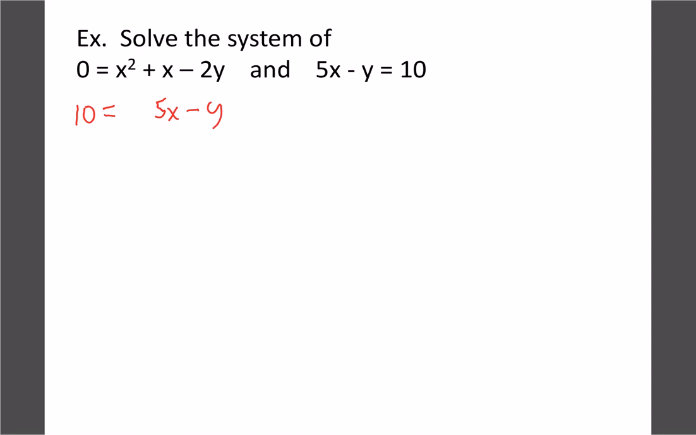Probably would have been better if we would have brought the 10 to the other side and the 5x and the y to the opposite side like that. So let's write it like that. So minus 10 minus 5x plus y. So now you can see our y's are opposites, but we need the second one to be double again. So let's times this whole thing by 2. So we would have had 20 and then negative 10x